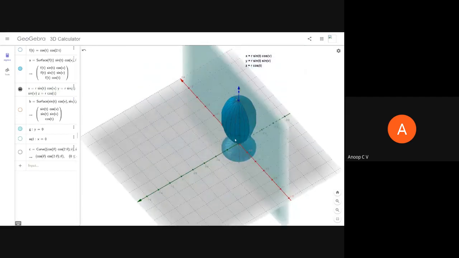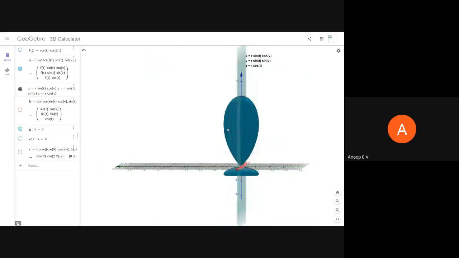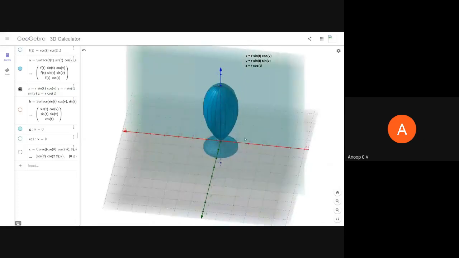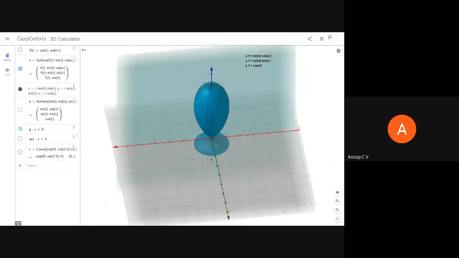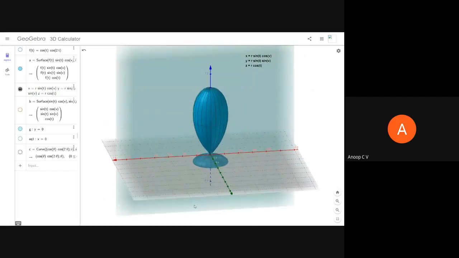And now you can see this is again symmetric, so only one cut would be sufficient. If you take one cut, whatever you are getting will be the principal plane pattern. So I think this gave you some idea. Maybe for other field patterns, you can try out on your own. I have given you the syntax, and with that syntax, I request you to try out.